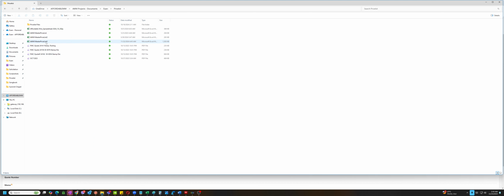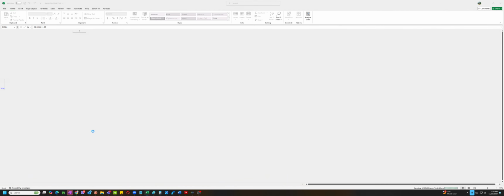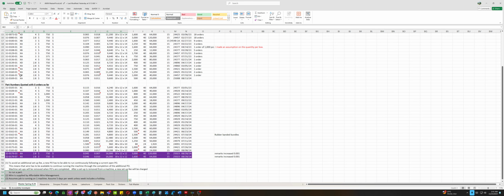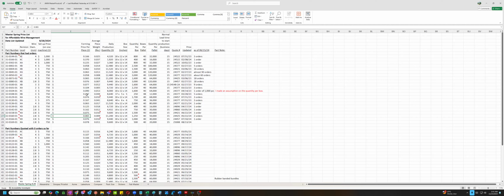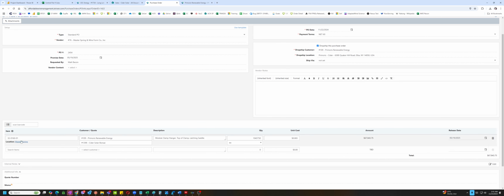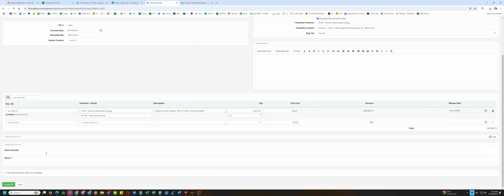This one, price list 3, then go to Master Spring, and then this one. So $60.065 per piece for the 30 to 160. So let me go back here. 30 to 160, it's the same, so correct.